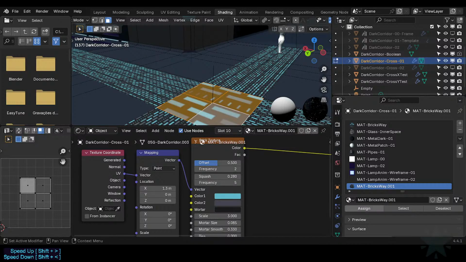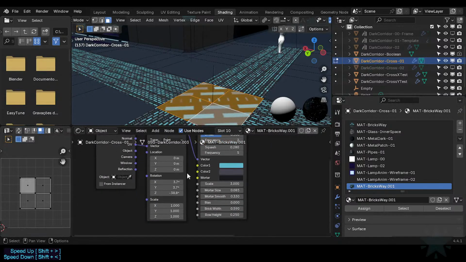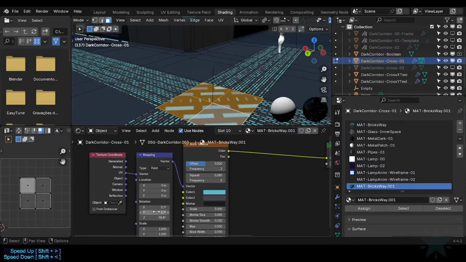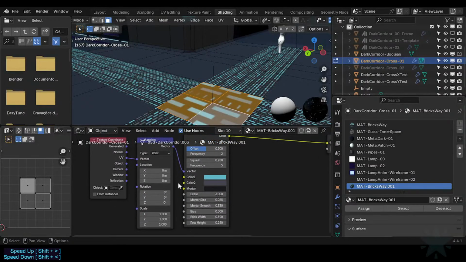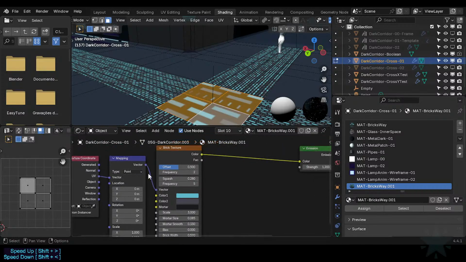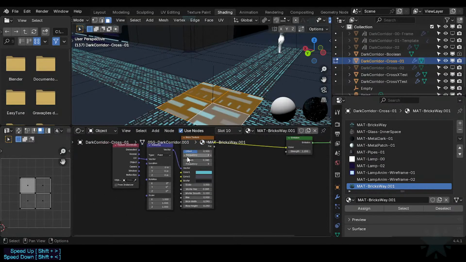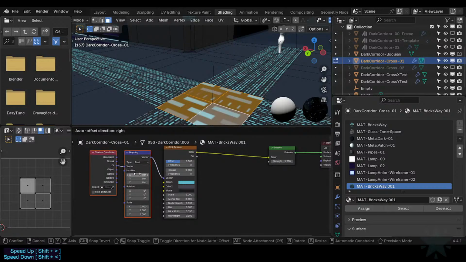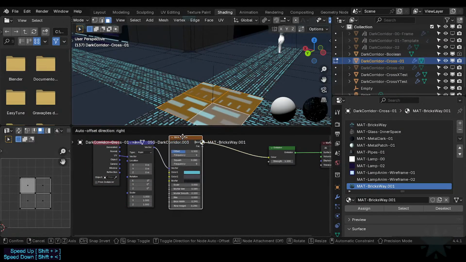Apply this new material, assign this new material here. So I need to start, okay, this is... no, so it's sort of a mixing thing, so I could probably do something like,